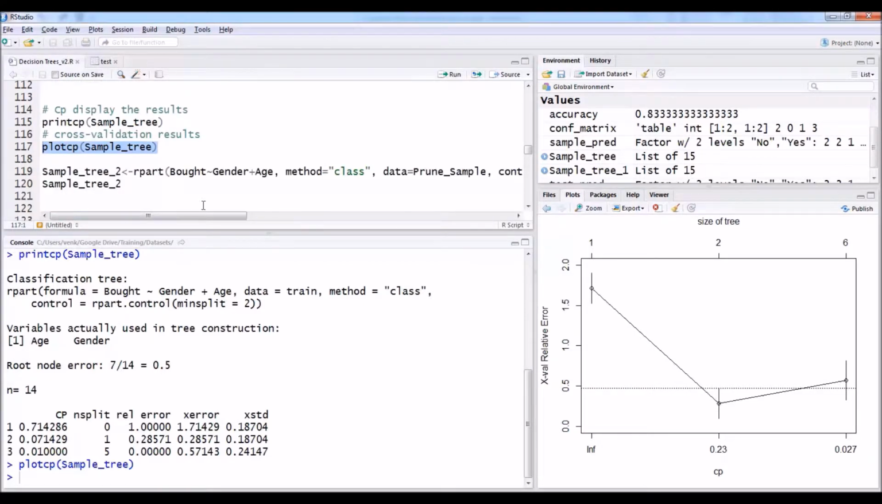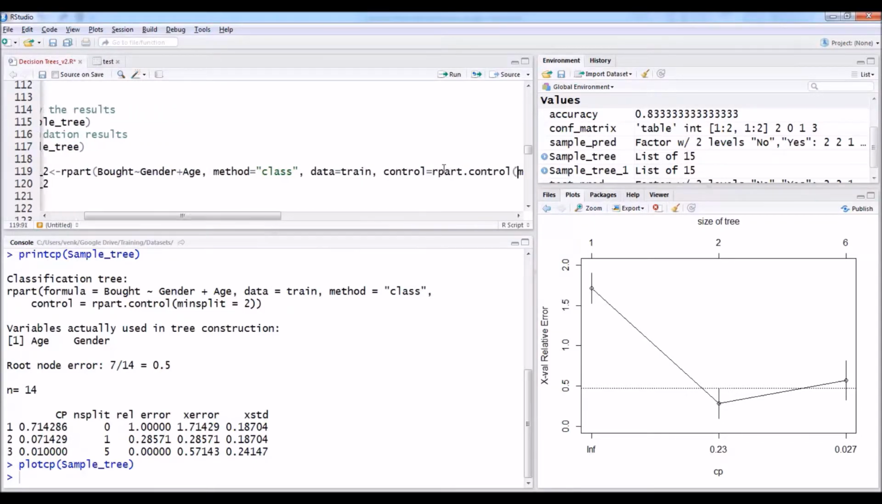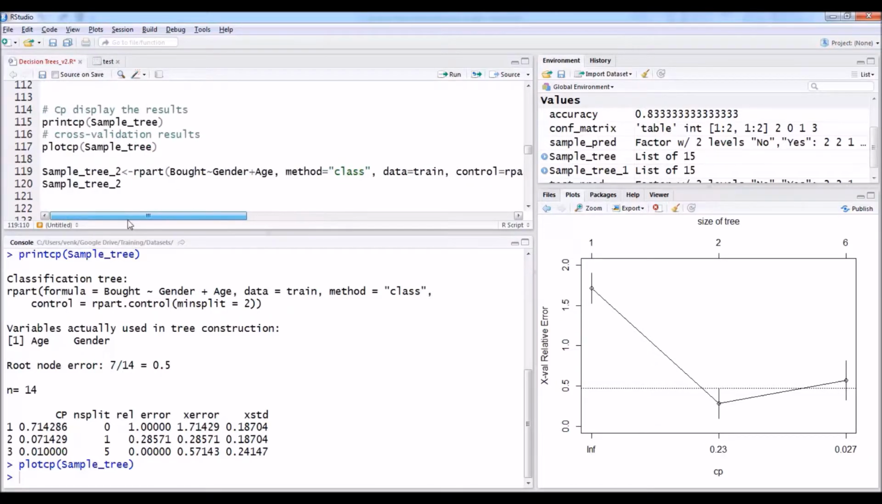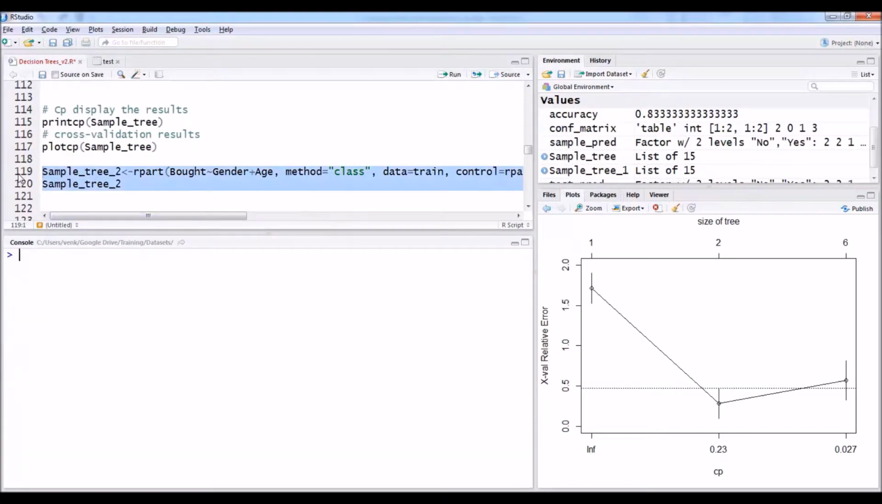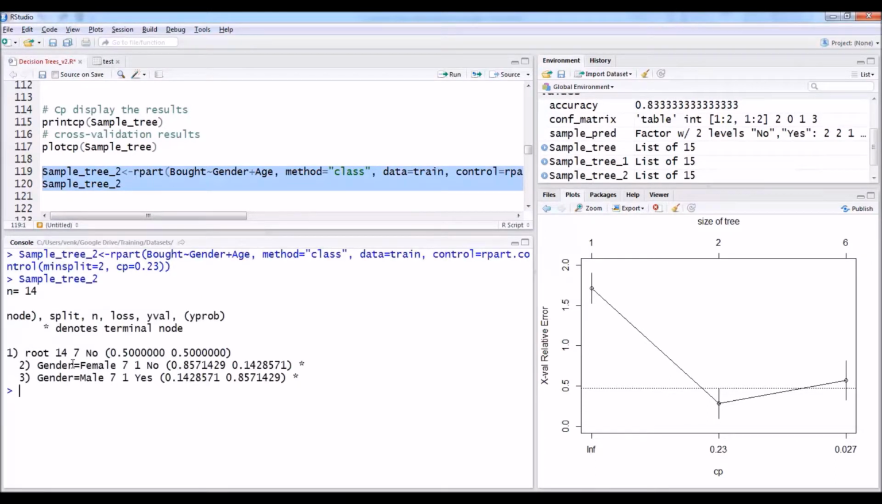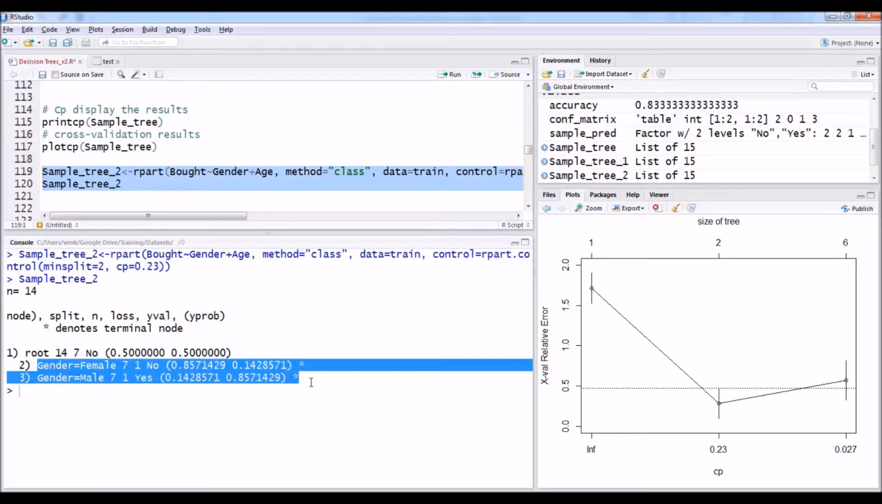So the way we do it is, we build a different tree, sample tree part 2. We take the training data, then in rpart, in control, I will give the complexity parameter as 0.23, so that I just break it at the second level itself. So I'm building the second tree. I'm stopping here itself, because going beyond this is not going to improve our model at all, because the cross validation error